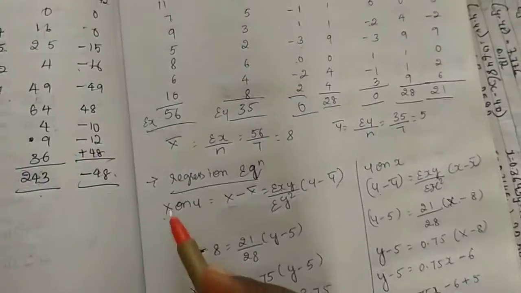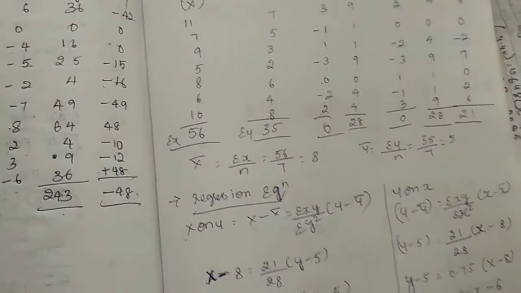So obtain the two regression equations, x on y and y on x. We have to find both, but we apply only the value of x. When the value of x is equal to 4, we have to find the value of y, so y on x is what we need. You have to write x on y and y on x. You get the equation based on this formula, so apply it and then do the equation.